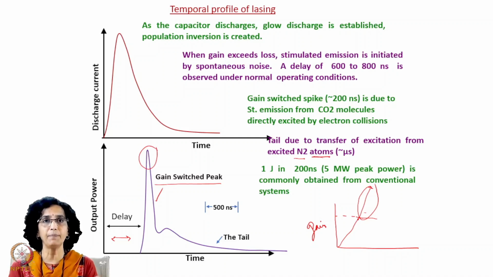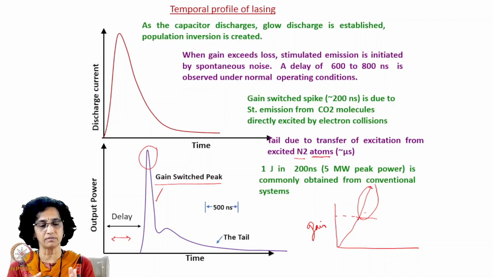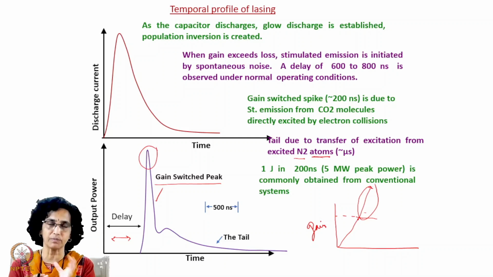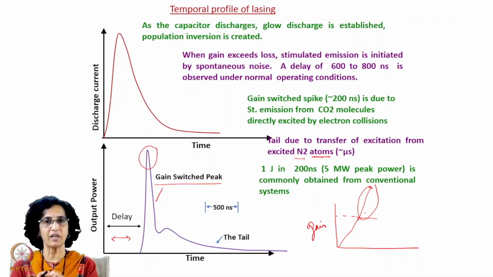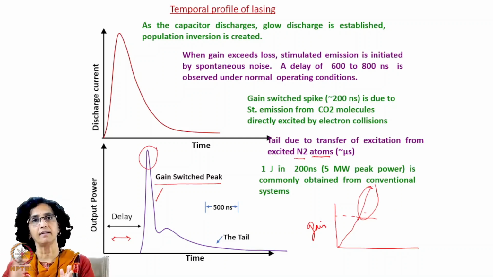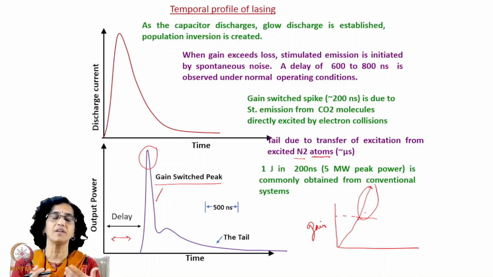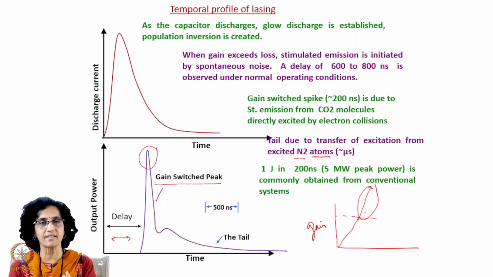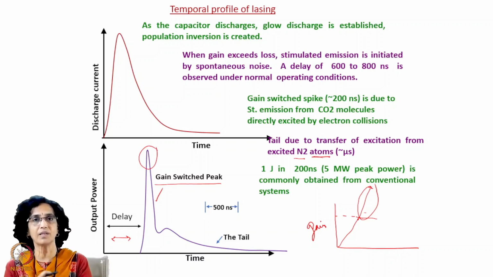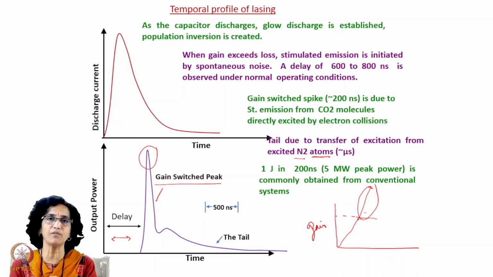Now, having done this, many a time you may want the laser to operate repetitively. That means you want the average power from the laser to be high. If it is giving 1 joule per pulse, and it is giving 1 joule in 2 seconds or so, you might want to have 1 joule every millisecond, or 10 hertz, that is 10 pulses in 1 second. This is called repetitive operation.